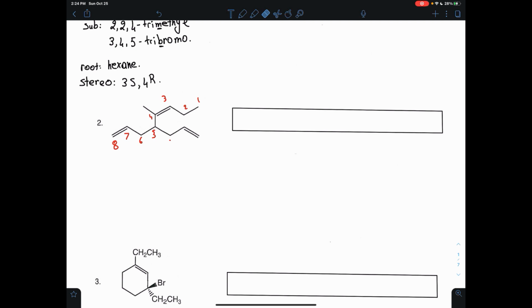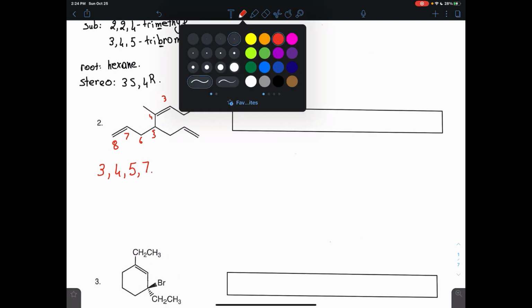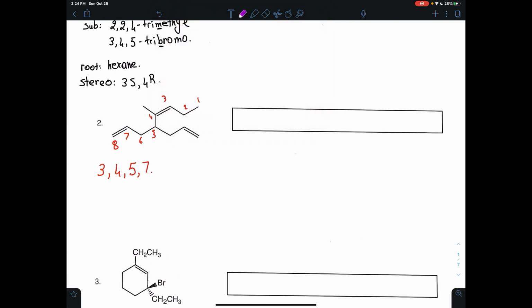But now I gotta see which way I should count. If I count this way, I'm gonna have an alkene. The alkene will count as a group when you're doing the numbering, so you're gonna count it as like a sub. So you're gonna have 1 on number 3, 1 on number 4, 1 on number 5, and 1 on number 7. Now if I go the other way around using my purple,